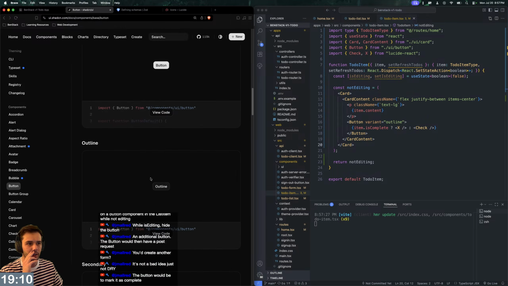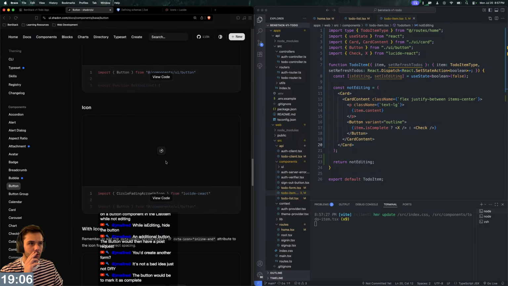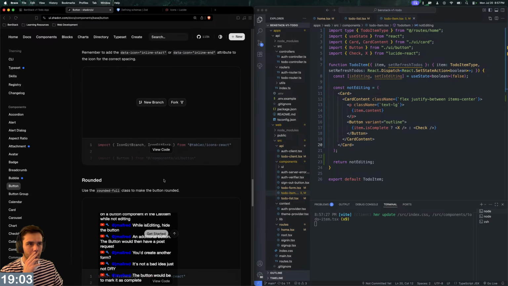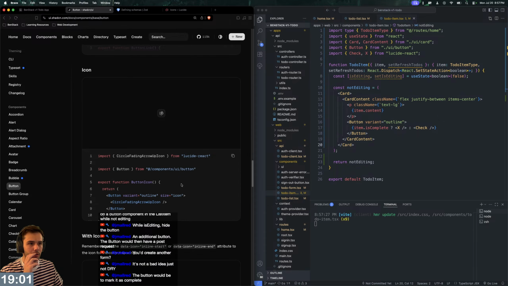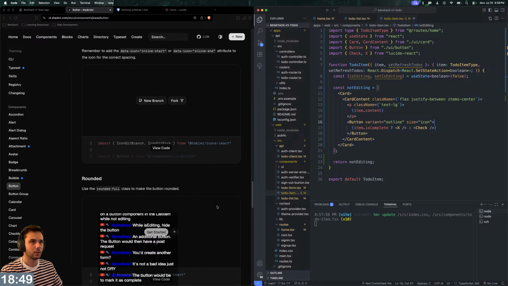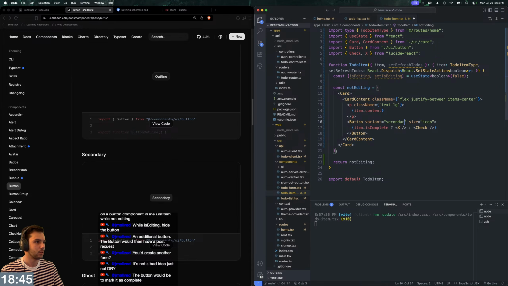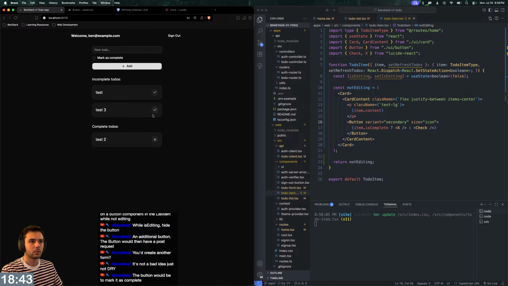What are the button variants anyway? Outline, secondary. Oh, icon. Size icon. And then what else do we want? Maybe make it secondary. Yeah, this is looking better. Okay. So then now we can,